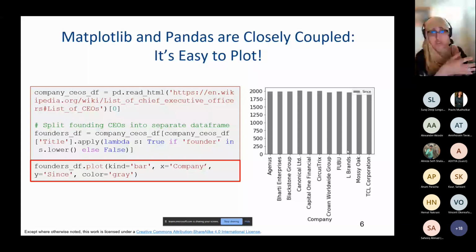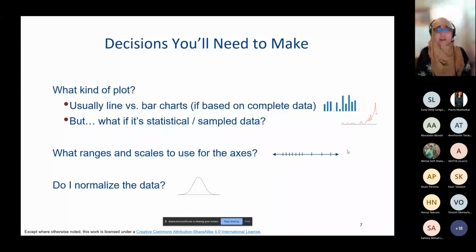You can use it in bar graphs. You can use it for line graphs. You can use it for different images to detect different heat temperatures to see where your data is leaning towards. So it's quite interesting. But when you are looking at data visualization, you need to keep in mind what